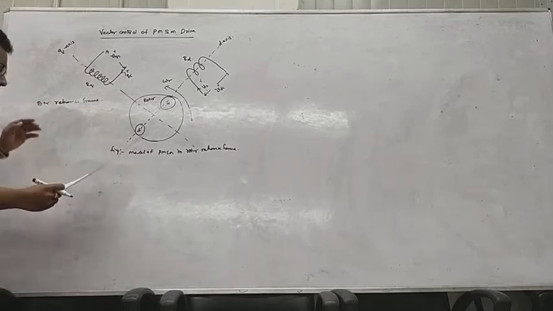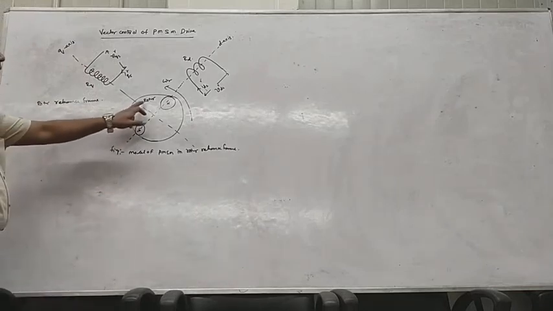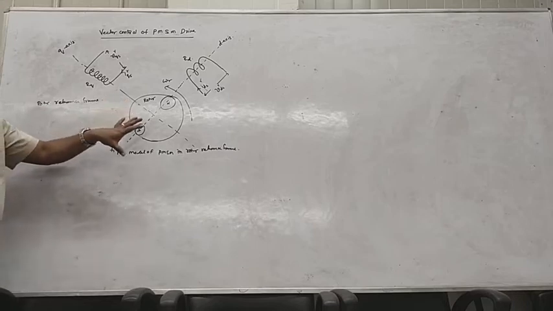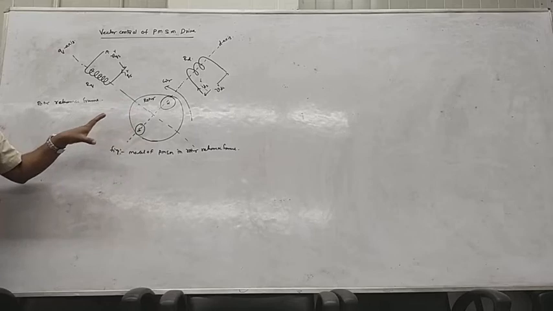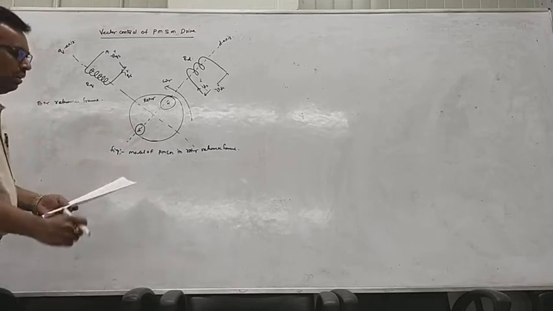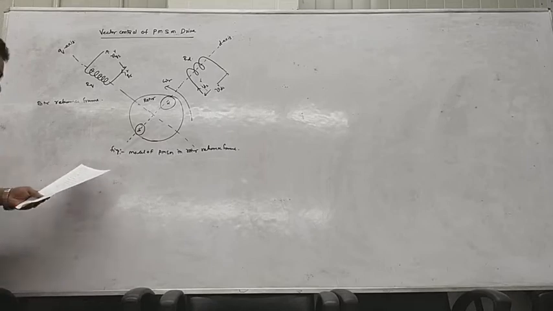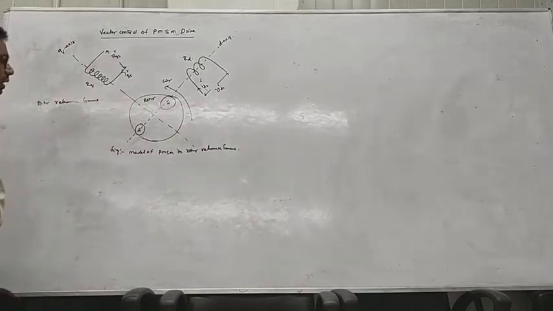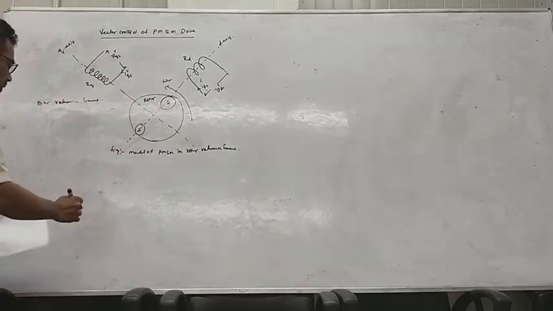There is no winding in the rotor because basically this rotor is a permanent magnet. There is no winding on the rotor circuit, so we will not write any rotor equations. We will write only the dq axis variables, because in the rotor circuit only permanent magnets are there. So we will not write any equations on the rotor side. First we will write the equations on the stator side, that is VDS R and also VQS R. From these fundamentals, let us start the equations.